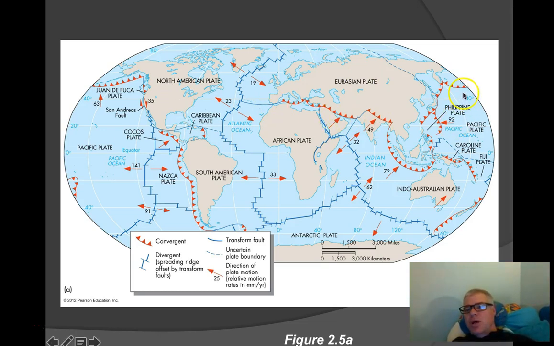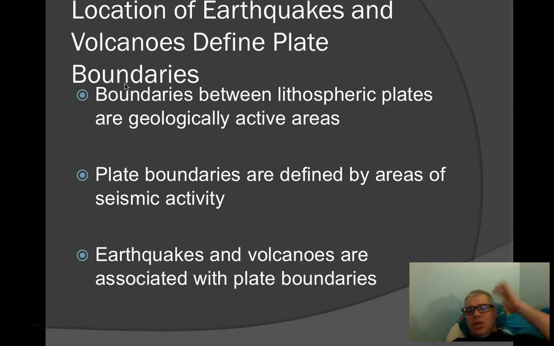Also, there are places where the Pacific plate is diving underneath the Eurasian plate here, or where the Pacific plate is diving under the North American plate. And you get these different kinds of boundaries. I'll discuss why these boundaries matter in terms of the different kinds of disasters that we see. Because the way that geologists discovered that these boundaries exist was actually by mapping out volcanoes and earthquakes. That's how we discovered where these plate boundaries are, because earthquakes and volcanoes are mostly associated with plate boundaries.